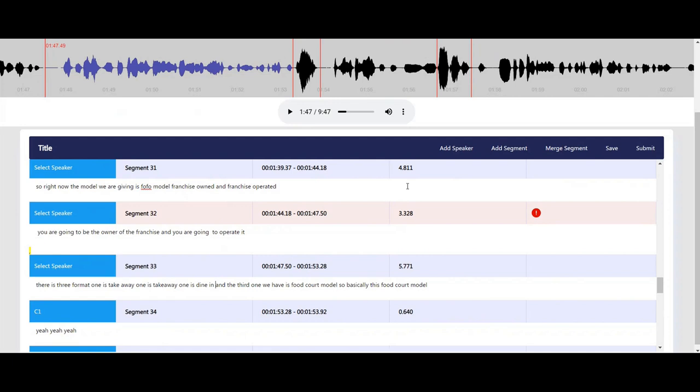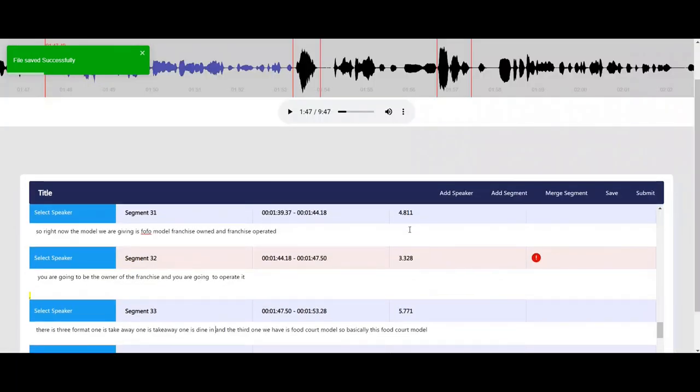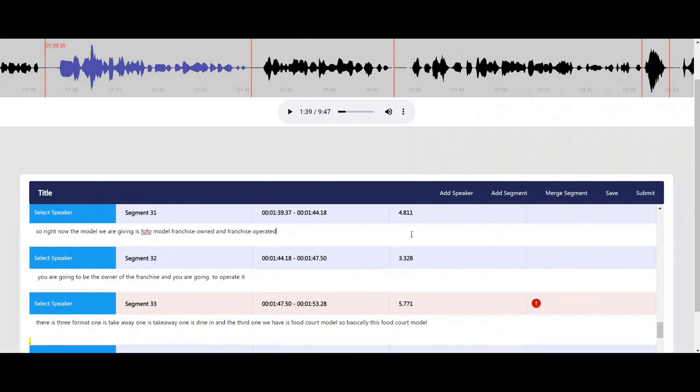ठीक है ना? So I'll save it. After every segment, it is suggested that you save the segment, because since it's online, the internet might go at any point. So all the segments, once typed, have to be saved. Okay? So if you can